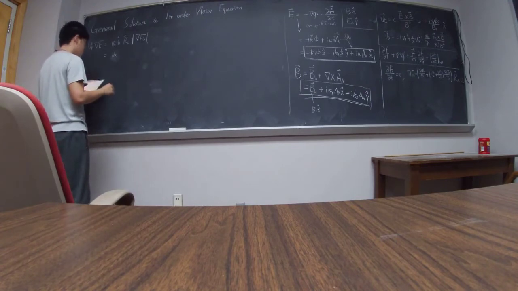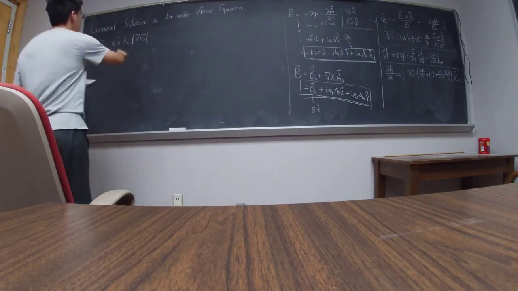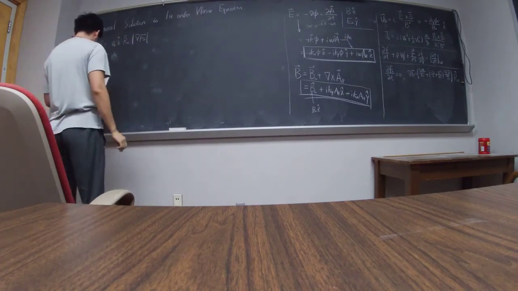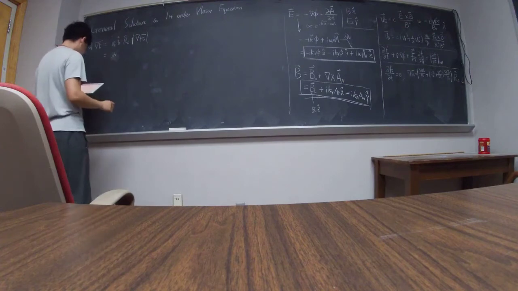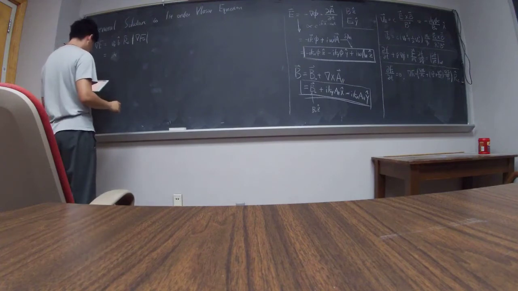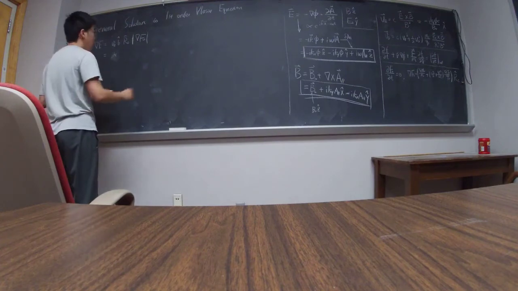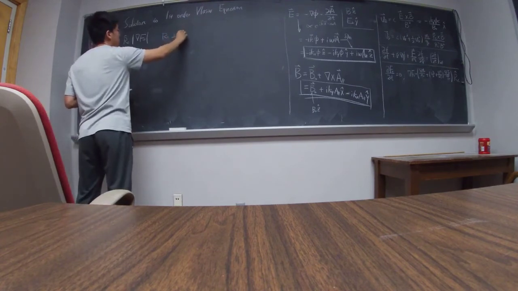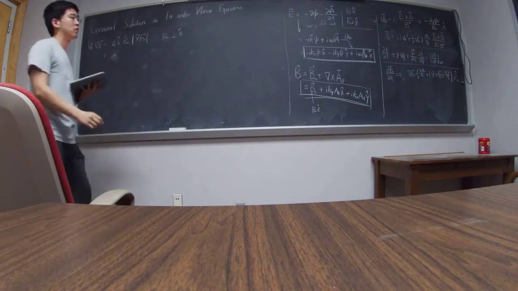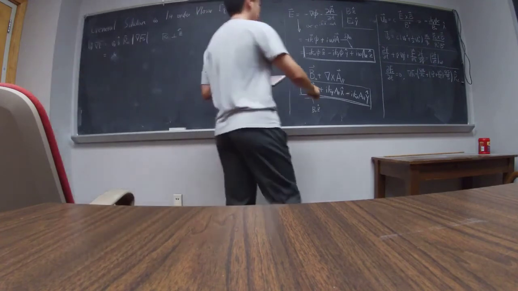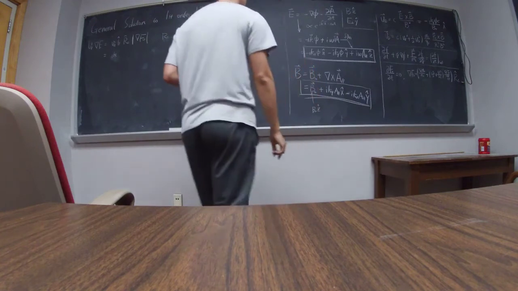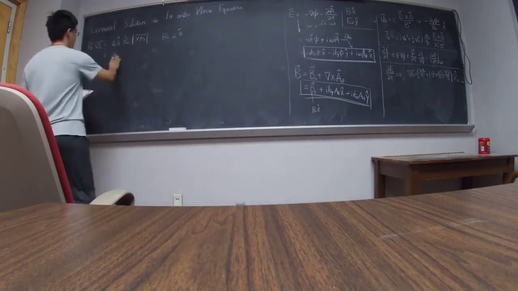So we have R. So R is definitely perpendicular to Z direction. So we won't have any dot product with this. So we're left with